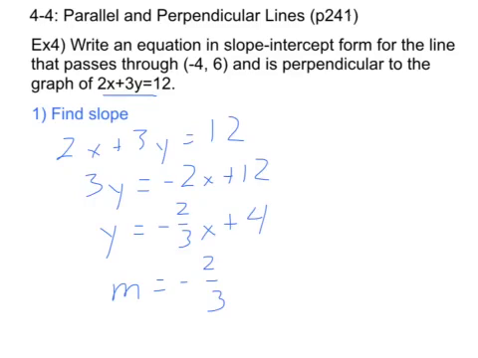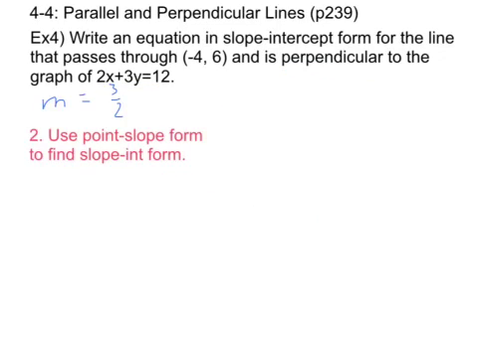Now I'm looking for perpendicular here. I'm not looking for parallel. So I want the inverse reciprocal. I was going to say proportion for some reason. Don't say proportion. I want the inverse reciprocal. So the inverse reciprocal is 3/2. So that's the slope of the line that I'm going to take. So now I know my slope is going to be 3/2, and my step 2 is to use point-slope